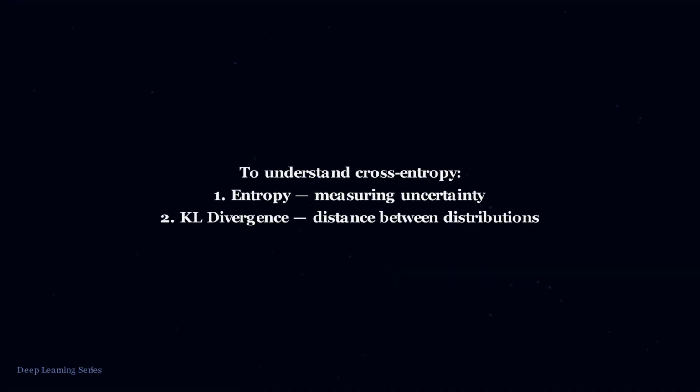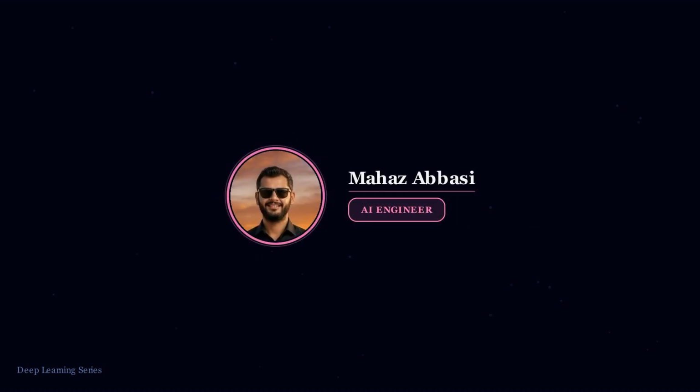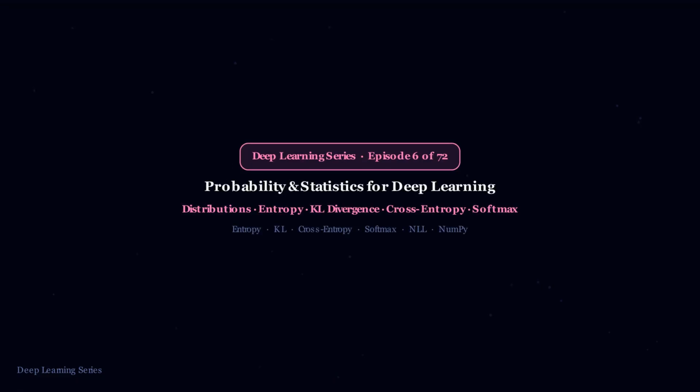To understand cross-entropy, you need two ideas from probability. Entropy, which measures uncertainty, and KL divergence, which measures how far two distributions are from each other. I'm Mahaz. Let's build the loss function from the ground up. Today: probability distributions, information content, entropy, KL divergence, cross-entropy derivation, softmax, negative log likelihood, and a full NumPy walkthrough at